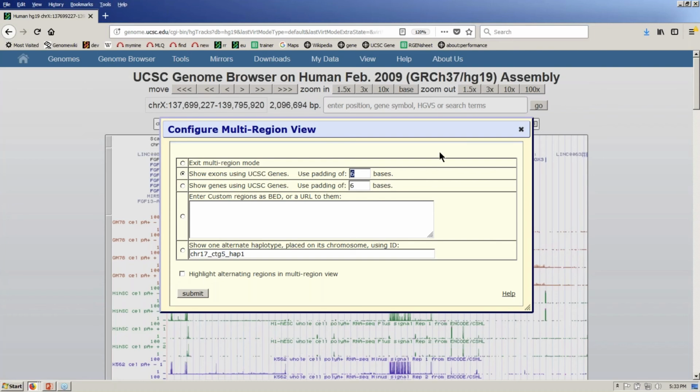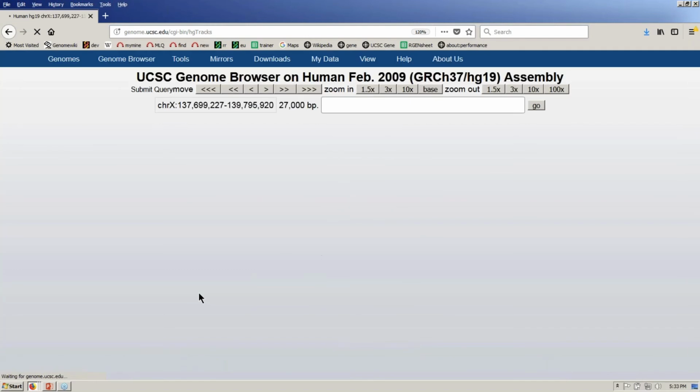And you can see here's where you change the padding, where you have a little bit of intron nearby. I'll just accept the default here. It puts 6 bases on either side of exons, giving you a little 12 base space between adjacent exons. So hitting Submit here, the browser will take a few seconds. It's dividing the screen up into vertical slices where each exon is in its own slice,